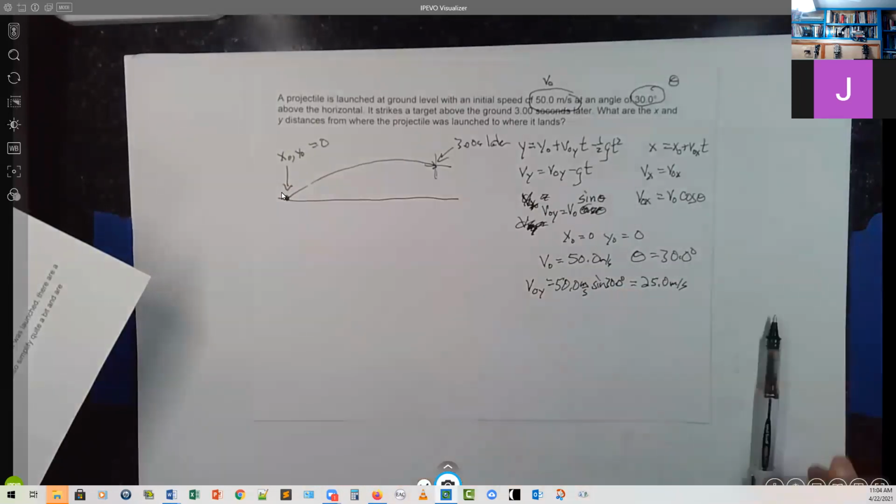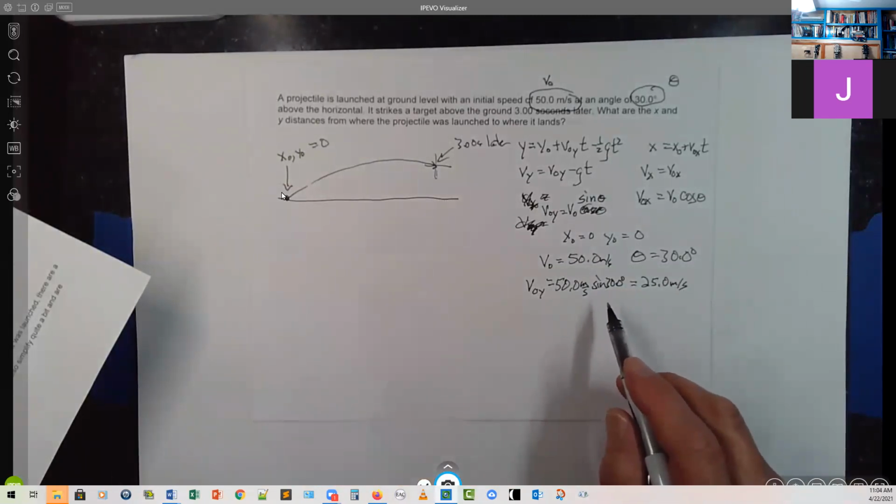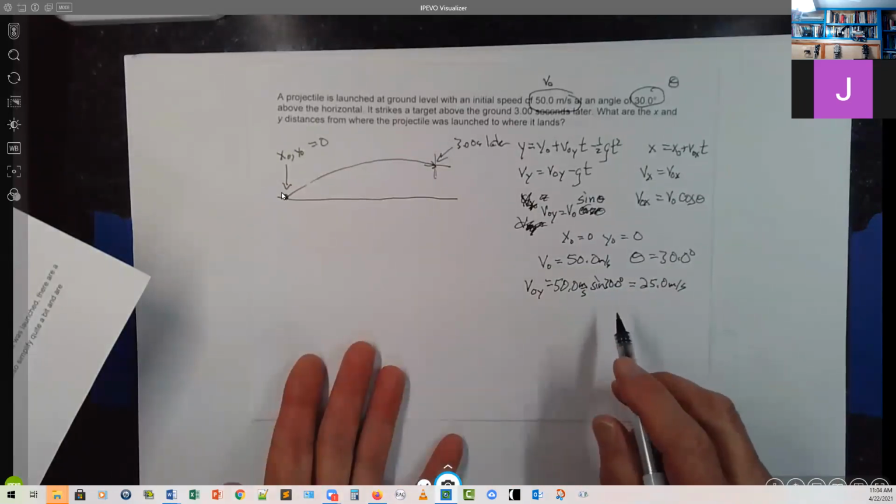How did I do that? Holy smoke, this guy must have all kinds of stuff memorized. I did it because it so happens that the sine of 30 degrees is exactly 1/2. And that's something that you learn when you take trigonometry. When I took trigonometry,